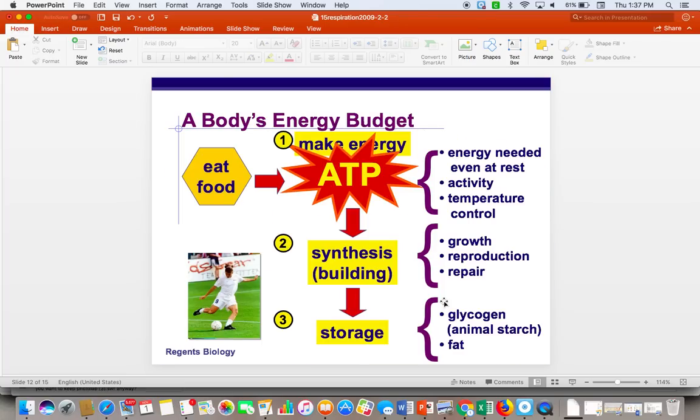And then, of course, here we go again. We are going to eat food, then we have to make energy with it. If we don't use all of our ATP, then we're going to store it, and we're going to store it in fat. And so that's why if I were to go on a donut diet, I would get fat because I would store all that extra sugar that I was eating in donuts because, I'm not a runner, so I would not be burning all that extra energy. I would be storing it in fat, and so that's why I do not eat donuts.